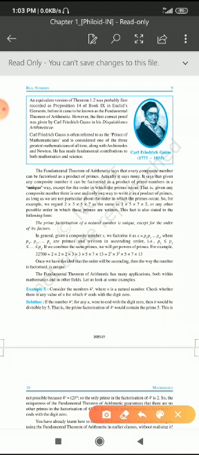If x is a composite number, it can be expressed as a product of primes as p1 into p2 into and so on pn, where p1 is less than or equal to p2 is less than or equal to p3 is less than or equal to and so on pn. Means first we will write the smallest prime number. The second prime factor may be equal to the first prime factor, see here 2 into 2 into 2, prime factor 2 has occurred 3 times here. So, it may be equal to, or the first prime factor will be less than the second prime factor.